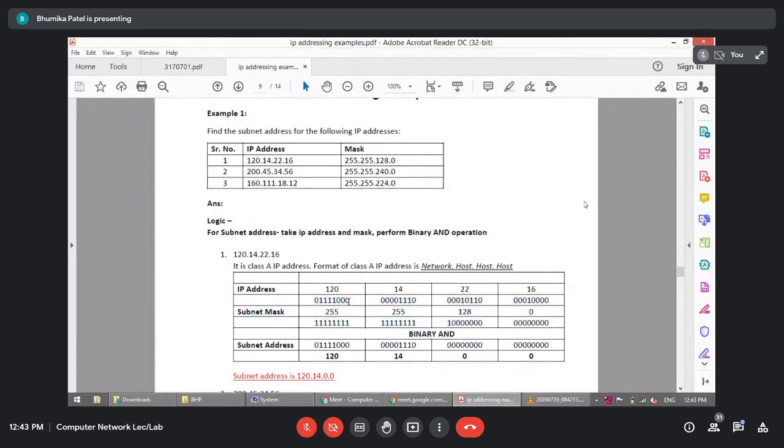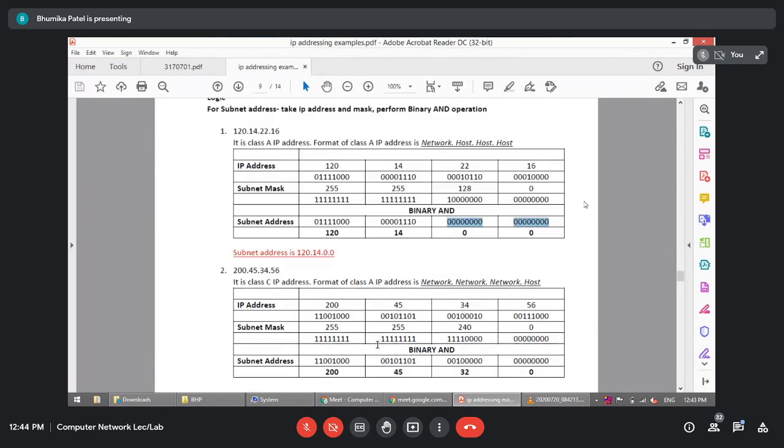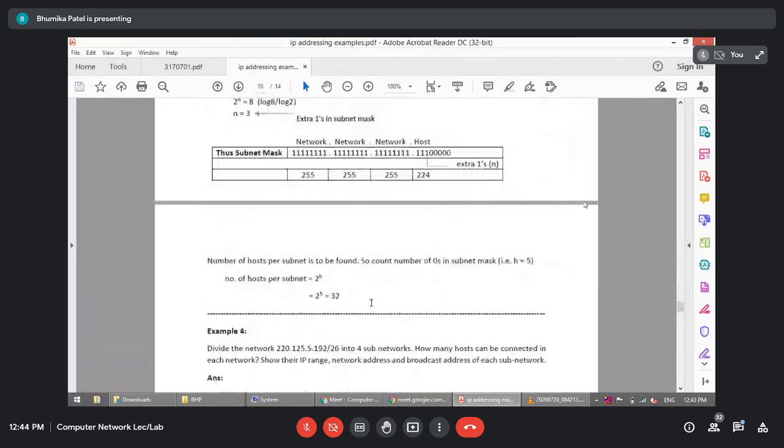Okay, that is it. So it belongs to class B, since 120 is in the class B range. Class B has the first 16 bits as ones. And here 128 is already given. So if you convert 128 into binary, it will be 10000000. Now if you perform the binary AND between them, it will be like this. So it belongs to subnet 1. Okay, it belongs to subnet 1. We are going to see this in the next lecture.